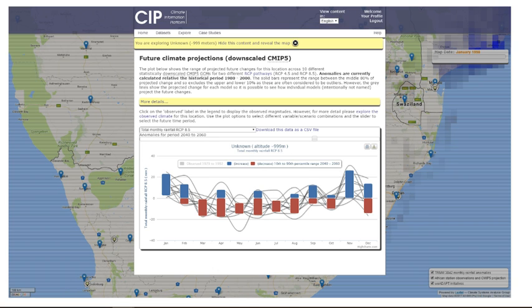The solid bars represent the range between the middle 80% of the projected change, excluding the upper and lower 10%. The easiest way to interpret the graph is to imagine a halfway line between the top of the blue bar and the bottom of the red bar. This line would be close to your 50th percentile. Looking at this graph, in January, the line would start at around 16 millimeters, while in February, it would be closer to 8 millimeters. In March, the 50th percentile line would drop to around minus 10 millimeters, and so on